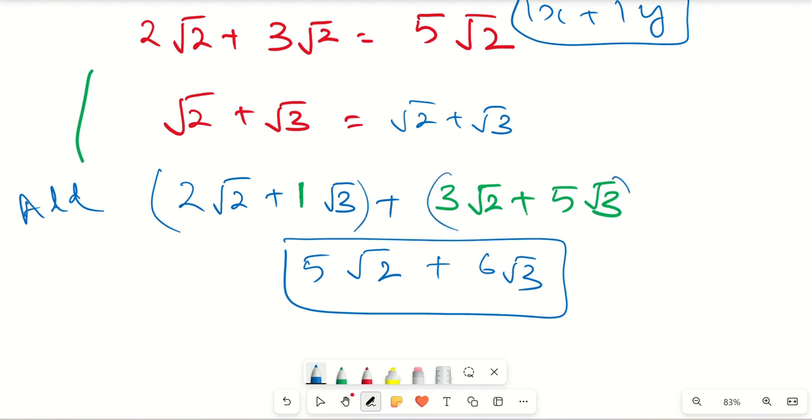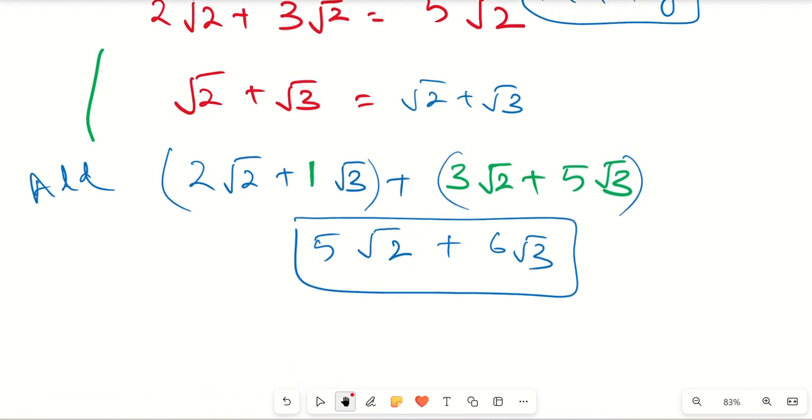Okay. Now how to multiply it? Multiplication happens